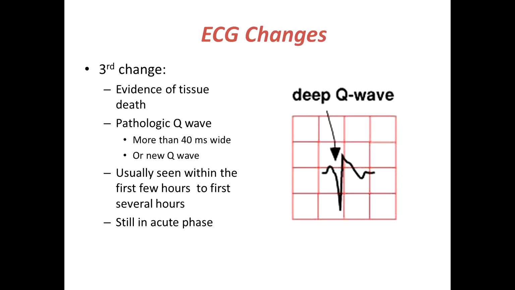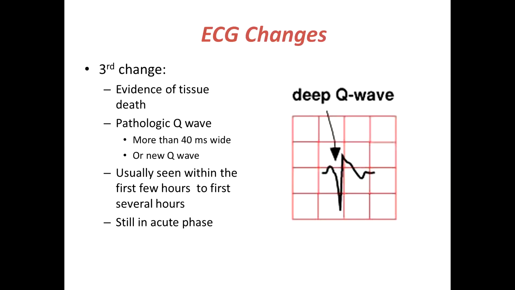Okay, and then the third change, and back when I first started teaching this, they would say, well, when there is a deep or wide Q wave, it means that there is a transmural myocardial infarction, which means that the infarction takes up the entire wall from the inside to the outside of the ventricle or wherever. And then we realized that that's not true because we started doing autopsies on people. We found some, and we didn't find some with this big, wide Q wave. But this Q wave does typically, well, I'll say almost always, nothing is always, but I'll say almost always, indicate